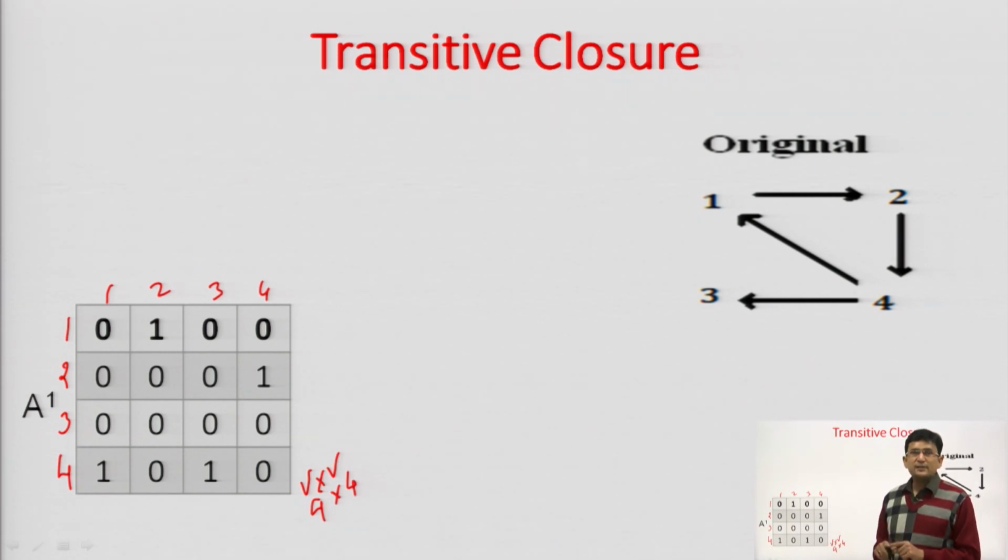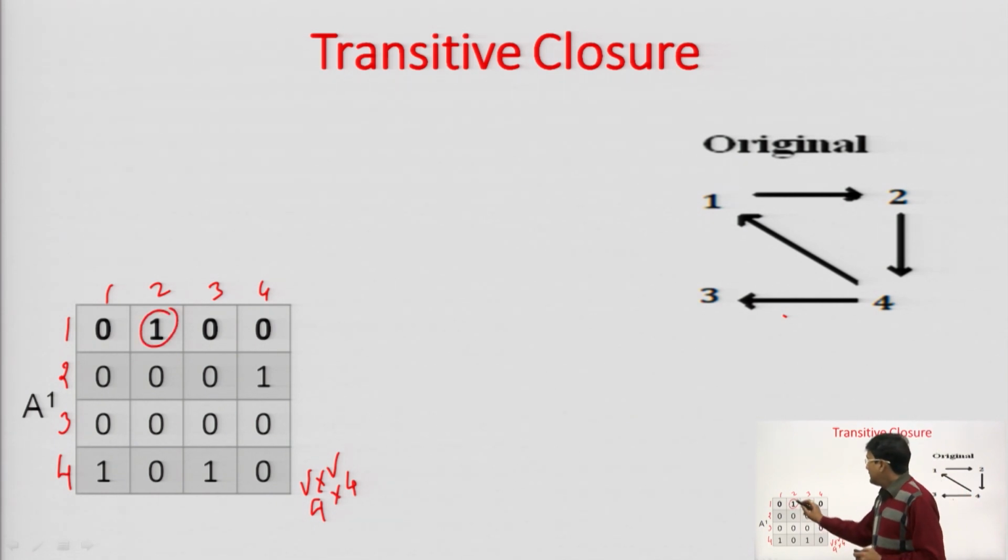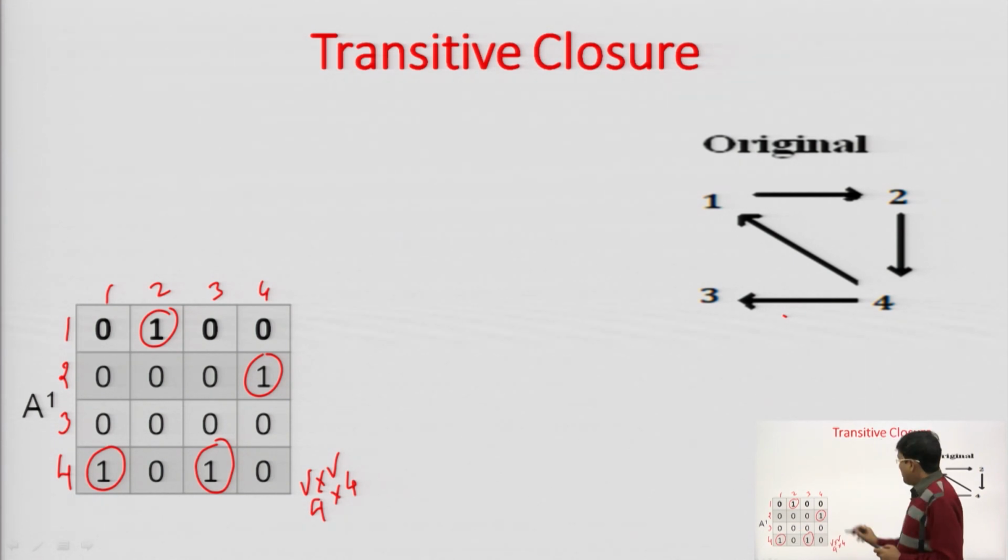So, in case there is an edge, the entry is 1, and in case there is no edge, that entry is represented by 0. So, this is the graph for which we have written the adjacency matrix. In this adjacency matrix, you can see that these are the entries which are non-zero. By this you can presume that there are 4 edges in the graph. So, you can see edge number 1, edge number 2, edge number 3 and edge number 4. So, there are 4 edges in this graph.